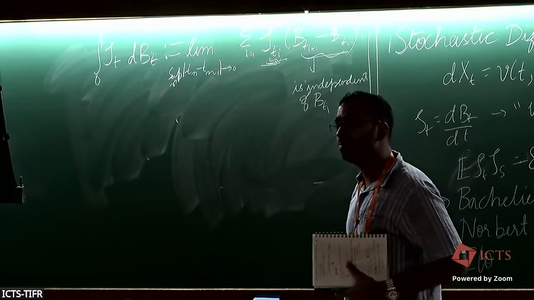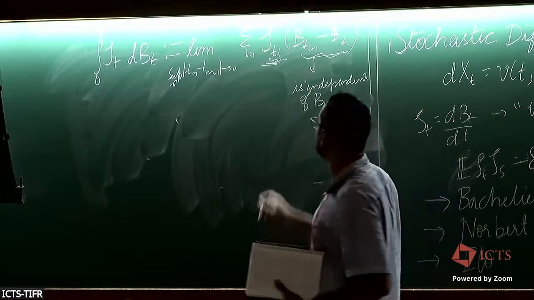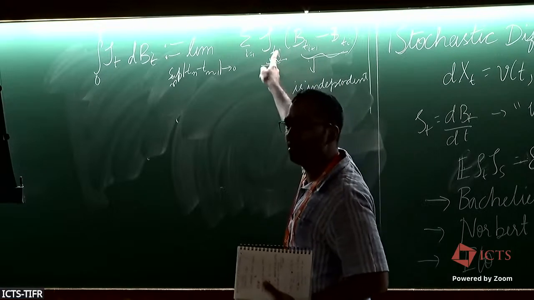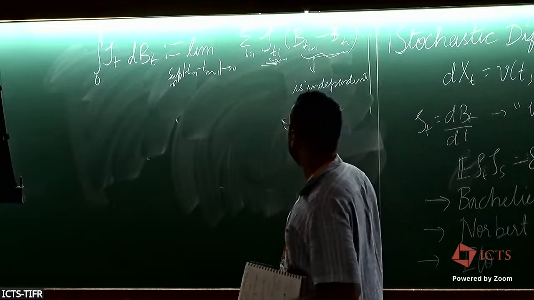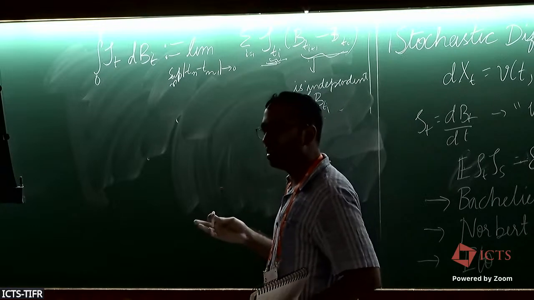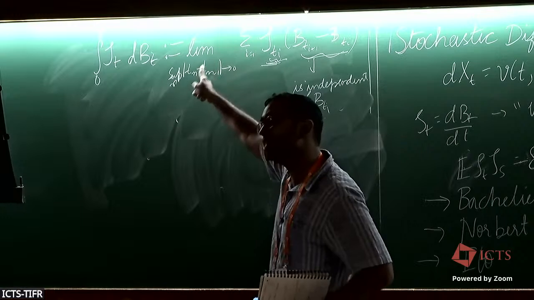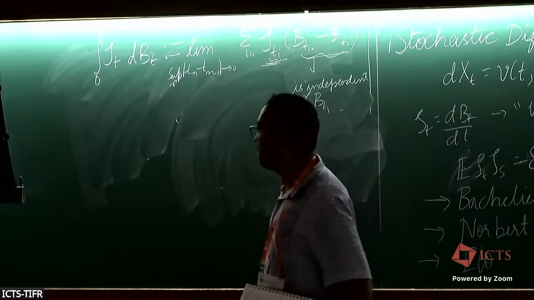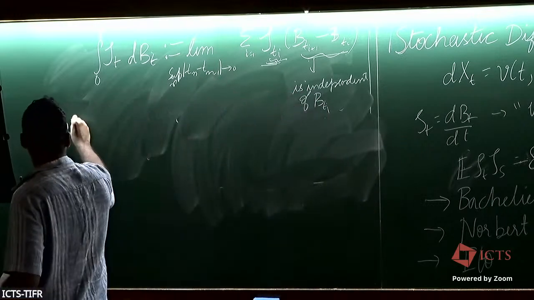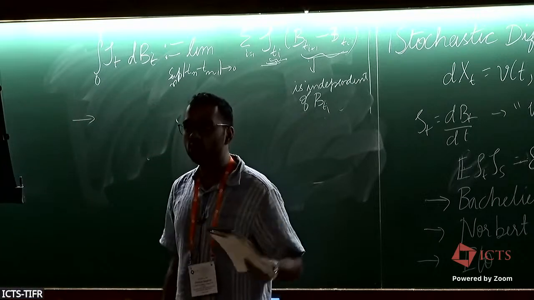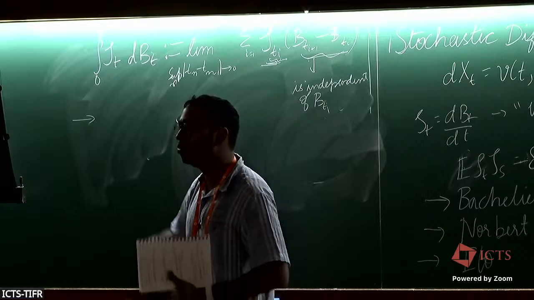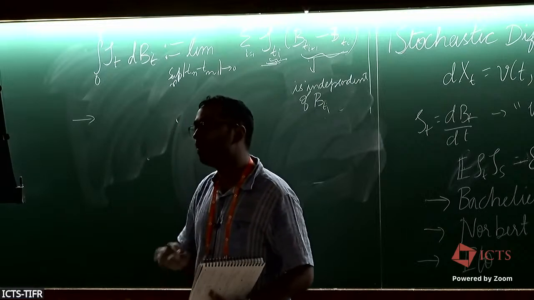Yes, it is 0. Why? Because this is independent of this, and this has 0 mean. So this has 0 expectation. So this actually leads to something called a martingale, right? If I have a partial summation over this, this leads to a martingale. Many of Ito's original papers had to do a lot of computations to prove this, but then Doob came up with his martingale theory and something called Doob's maximal inequality, which simplified the setting.